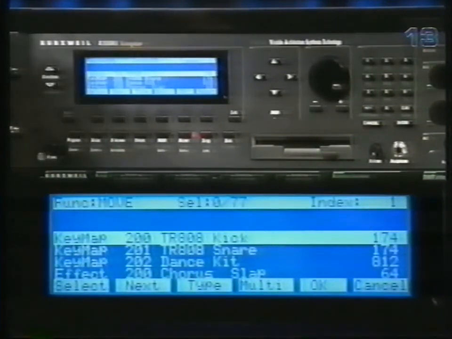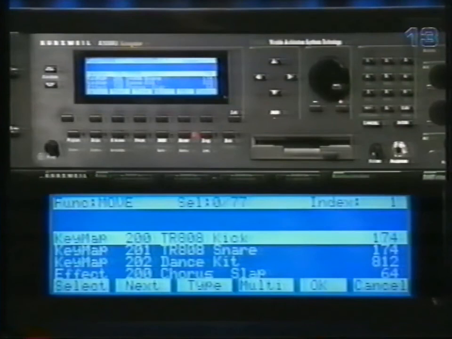You now see a screen that is identical to the screen you saw in disk mode for selecting individual objects for saving and loading. You can select individual objects and move them to a different bank,